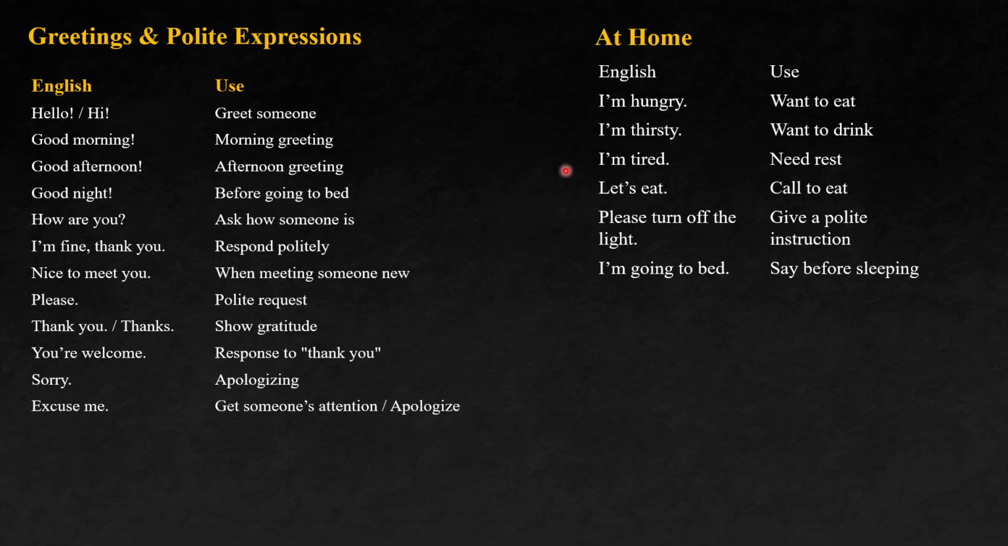Call to eat: let's eat. Come for the breakfast, come for the lunch, come for the dinner. Give a polite instruction, that is, please turn off the light. While sleeping, before going to bed, we say, please turn off the light. Say before sleeping, I'm going to bed. Good night. Okay, so these are commonly used